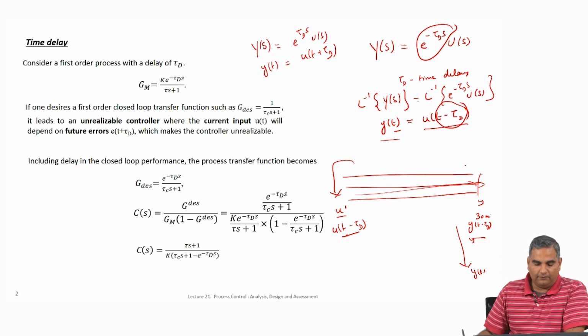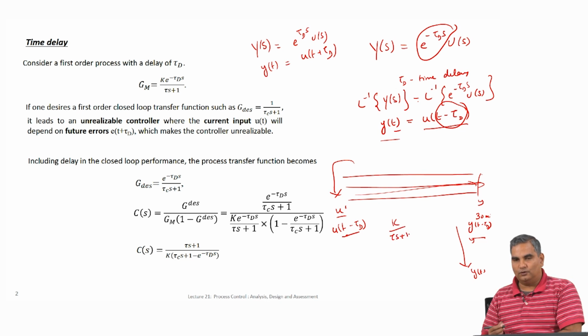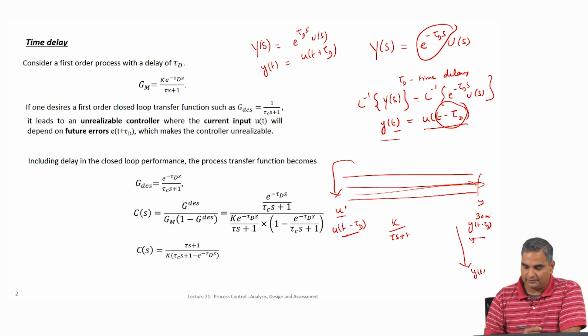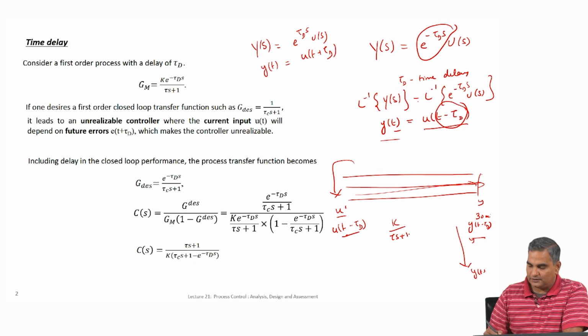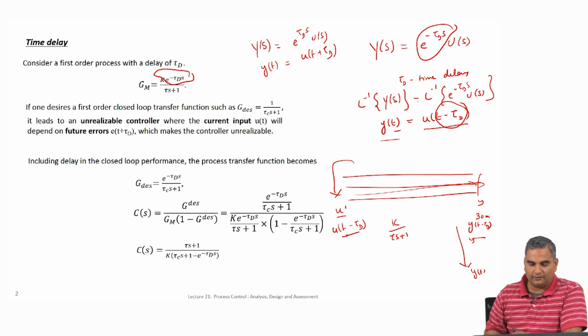Okay. So, when we talk about transfer functions now, we again write G_m, which is used as a surrogate for G process. The first order transfer function is something we had seen, which is k over tau s plus 1. Now, this basically means there is no delay. Whenever I have a u, it immediately acts on y, is what this says. But in real life you will have time delays. When you have these time delays, the transfer function usually is modified by multiplying by e power minus tau d s. So, this is a first order plus time delay system.